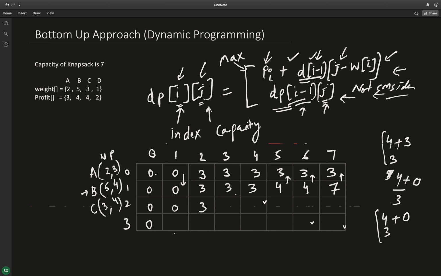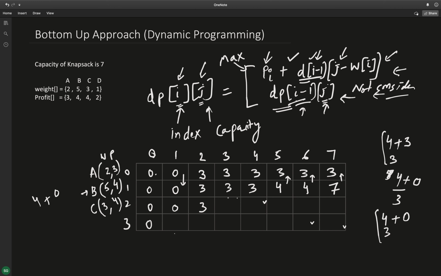Now comes the bag of capacity 3. Yes, I can accommodate this item, and after putting this item, I can get a profit of 4, and the capacity remaining after putting this item is 0. So I'll go to the cell above and see for 0, the profit value is 0, 4 plus 0.